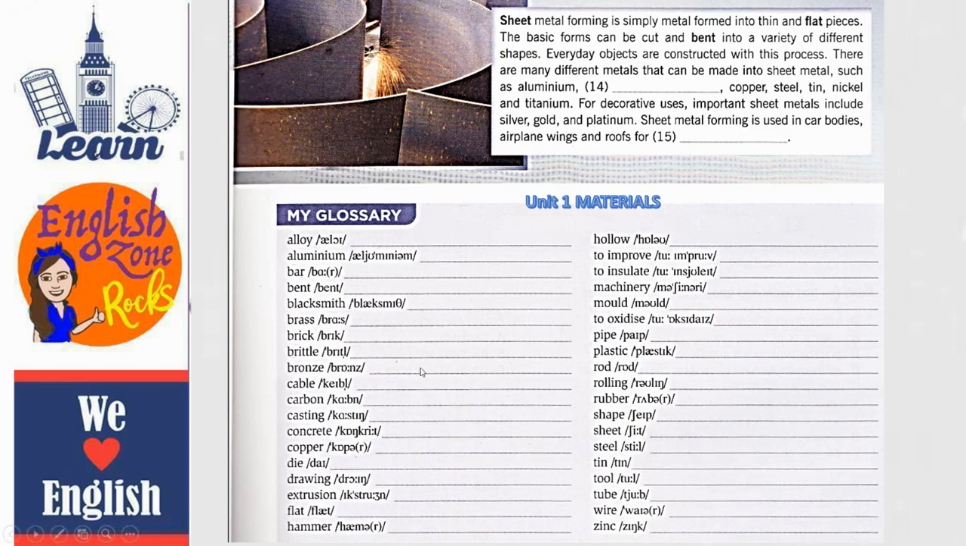Aluminium, bar, bent, blacksmith, brass, brick, brittle, bronze, cable, carbon, casting, concrete, copper, die, drawing, extrusion, flat, hammer, hollow, to improve, to insulate, machinery, mold, to oxidize, pipe, plastic, rod, rolling, rubber, shape, sheet, steel, tin, tool, tube,